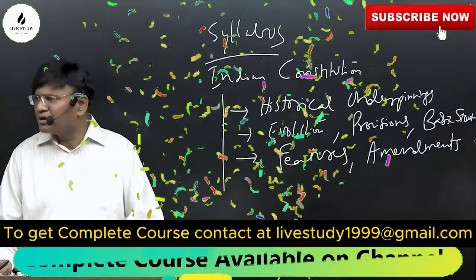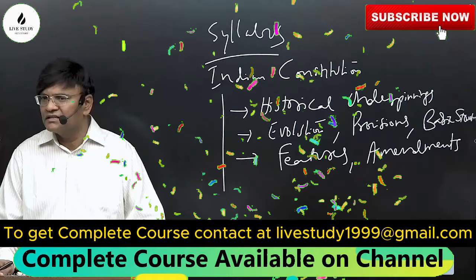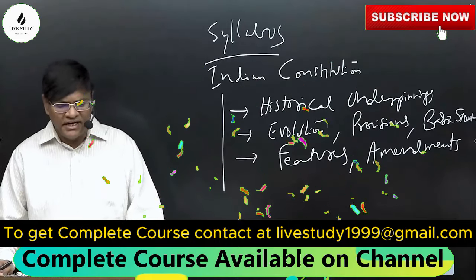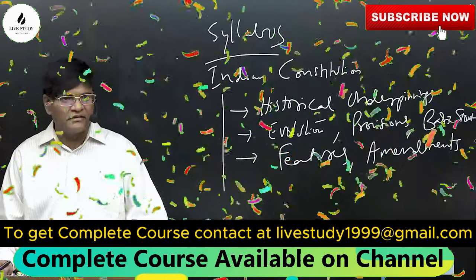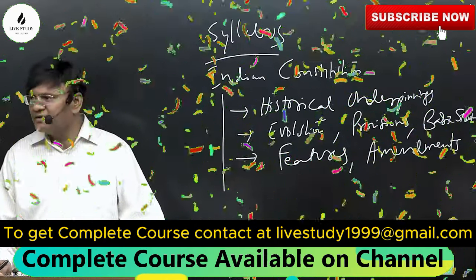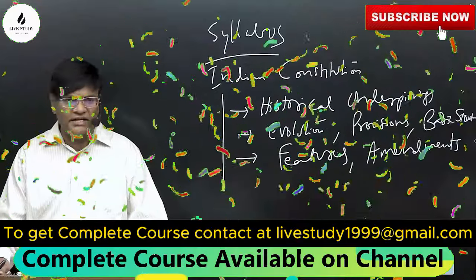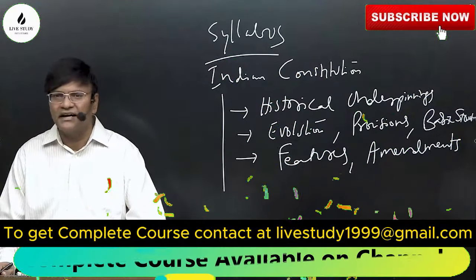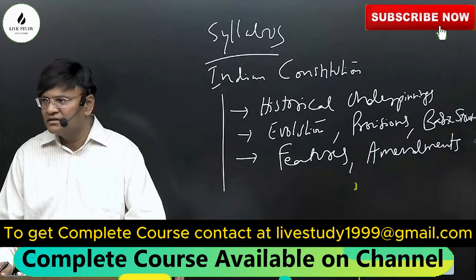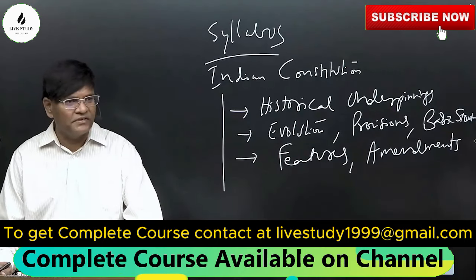what is the basic problem with our education system? The basic problem with our education system is that it is highly compartmentalized. What do you mean by that? A person from science background, you are studying physics and chemistry in your graduation. A person from science background does not know what is a fundamental right. For example, most of you are from science background. How many of you know what is a fundamental right?